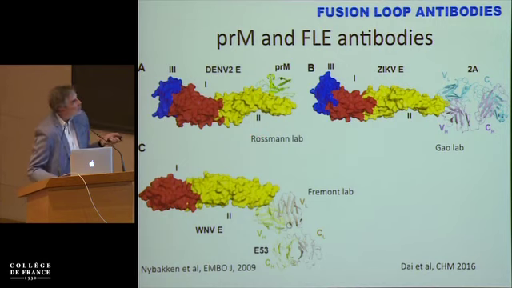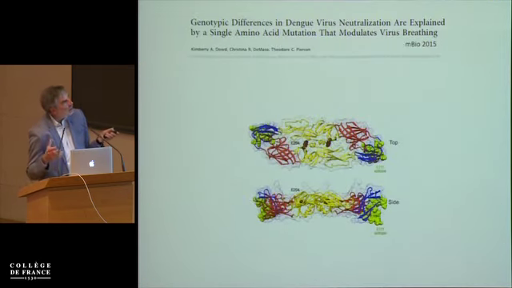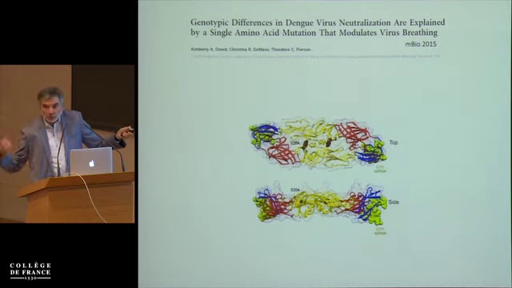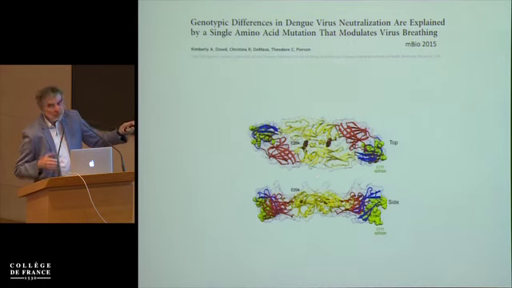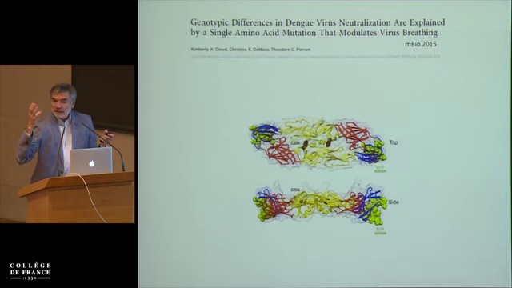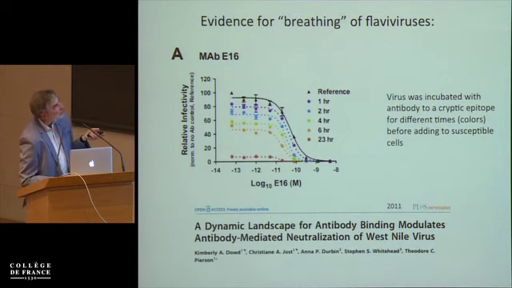In addition, one of the things that was shown by Ted Pearson and others was that some cryptic antibodies bind to a site that is buried on the surface because it's at the packing of dimers. And just a mutation here completely changed the reactivity of these antibodies against the particle. And those changes map to the dimer interface. So this breathing will depend on serotypes, and sometimes single amino acids will change how much you breathe. I'm saying all this because it's important for vaccine considerations.